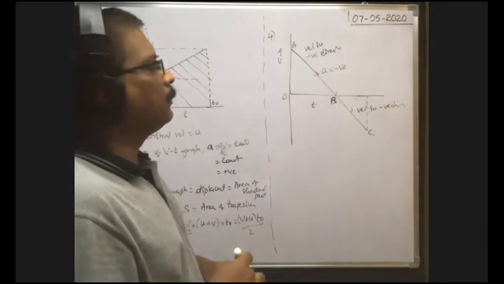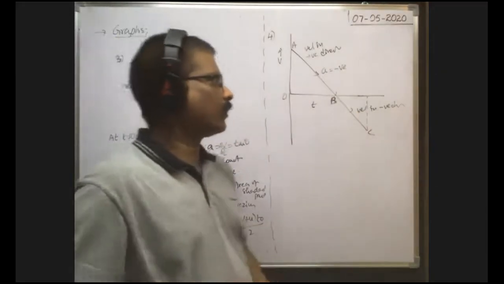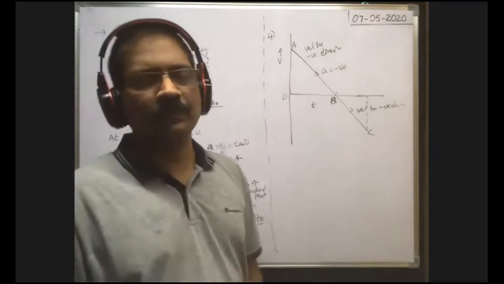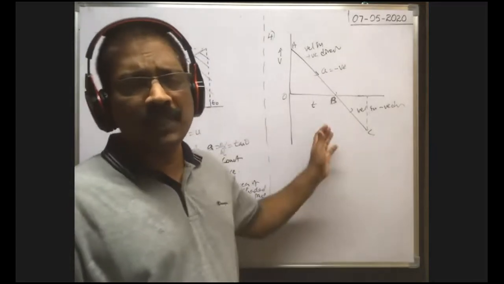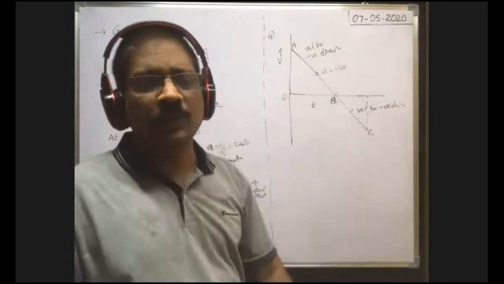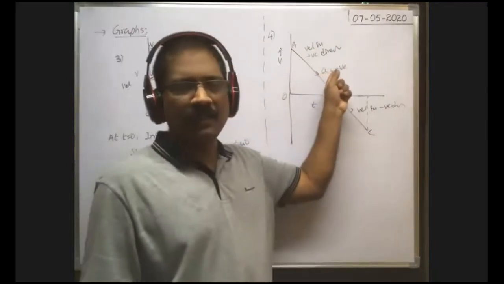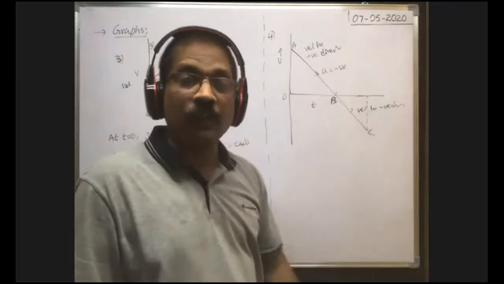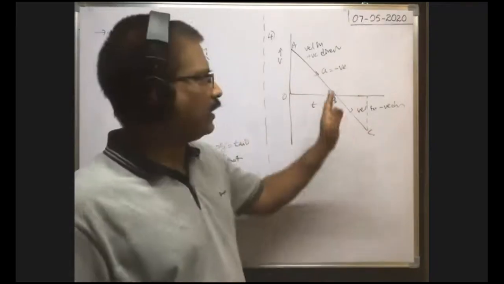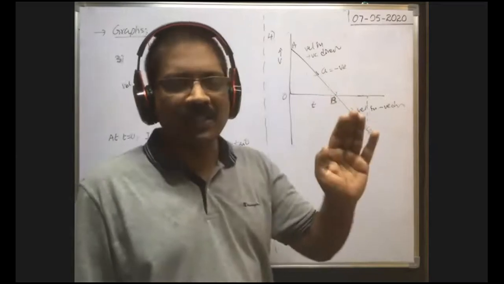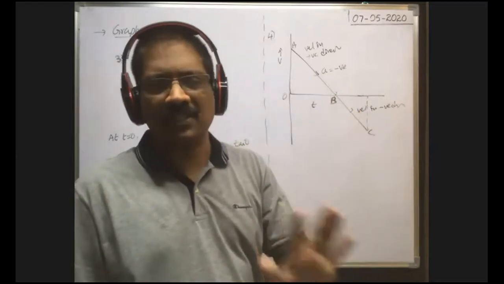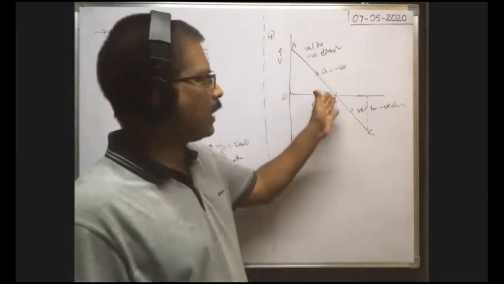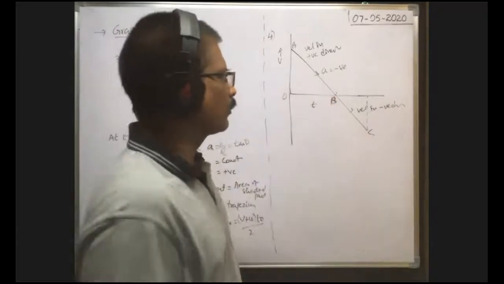From B to C, what about the acceleration? From B to C also, acceleration is in the downward direction only. They asked the direction of acceleration. Here acceleration is along the negative direction. From the graph, is acceleration along the negative or positive direction? Here also acceleration is along the negative direction only, because the slope is